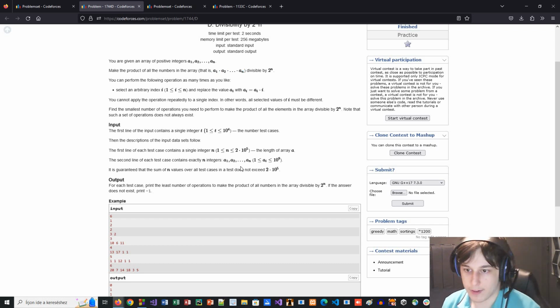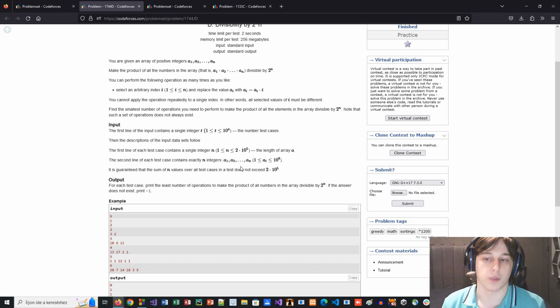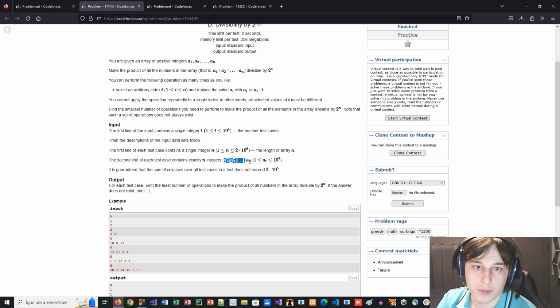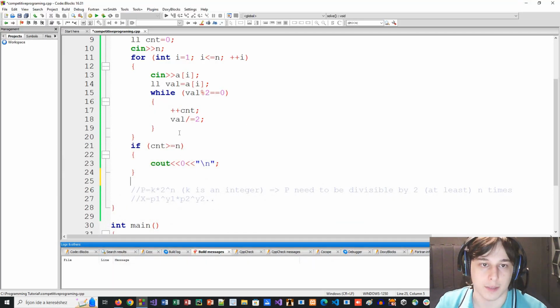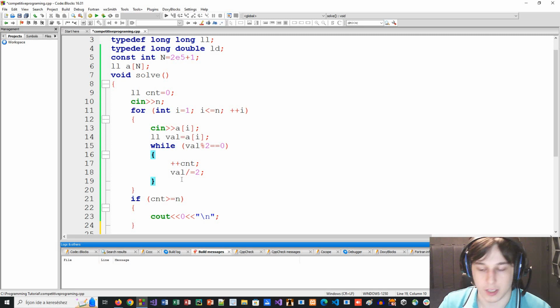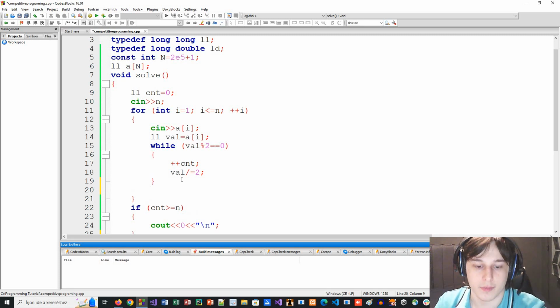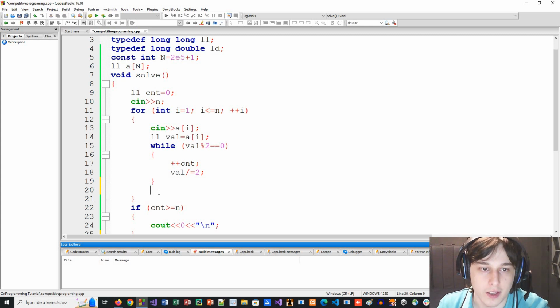So every time we multiply, we want to start from the largest power of 2 and go to the lowest. So we need to take a look which number can be multiplied by 2, divided by 2. So what we will do is, here in the for loop, when we go from 1 to n,